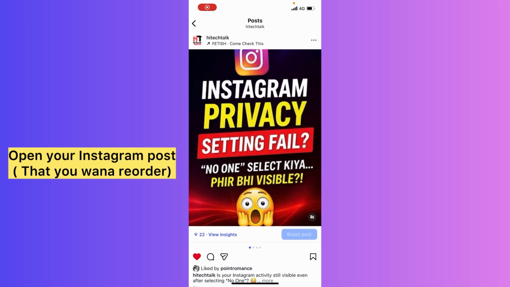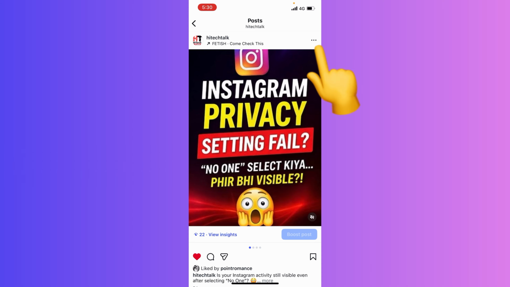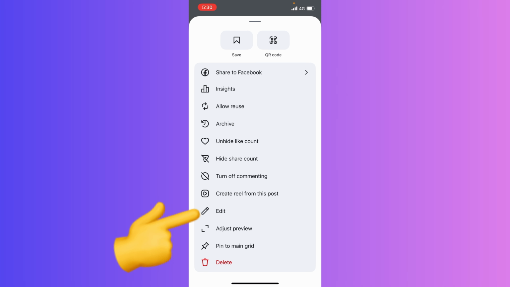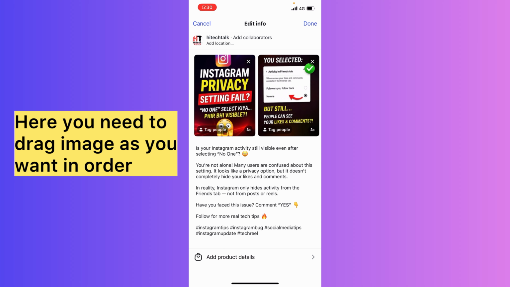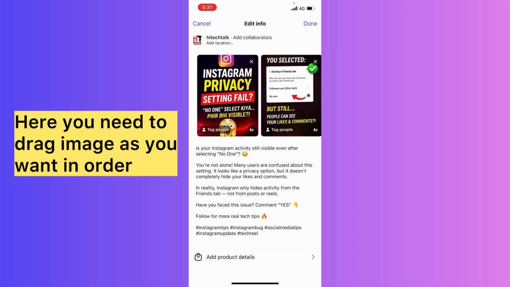So open your Instagram post which you want to reorder, and after that you need to click on the three dots you can see on the top right, and click on edit. After this you have to select the image which you want to reorder. For example,